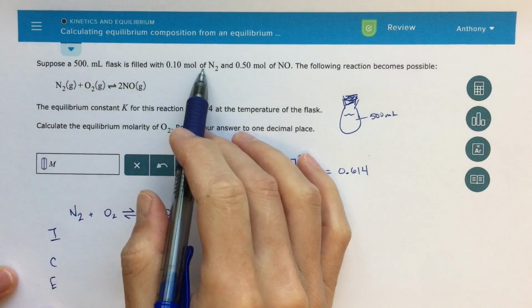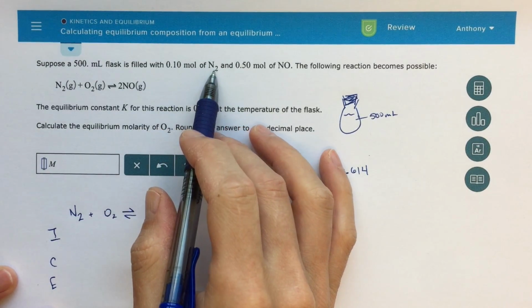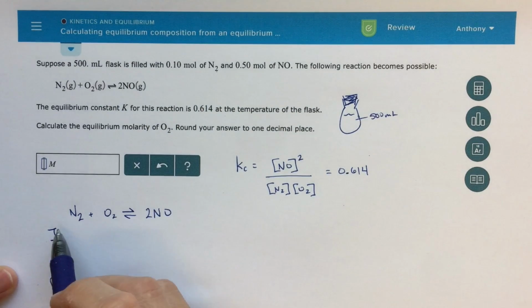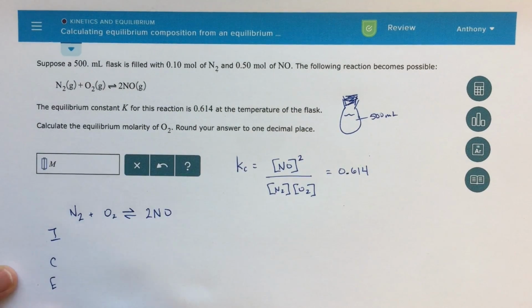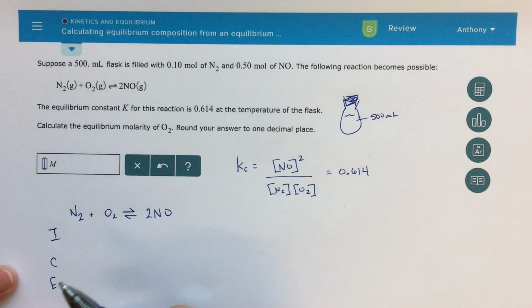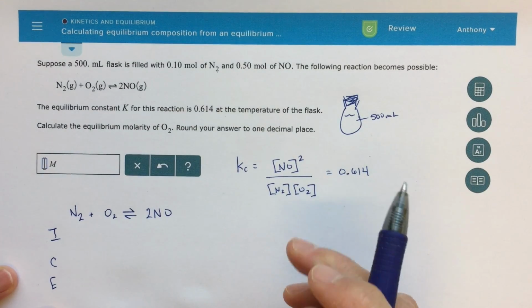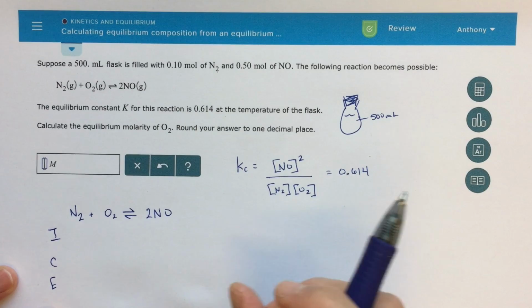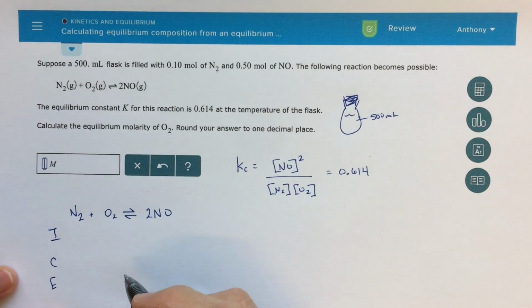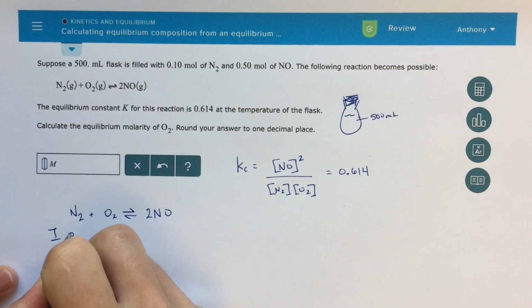And I can convert essentially this 0.1 moles of N2 into a molarity of N2. I always want to be using molarities in my ICE tables. Now you can use moles, but I just think it's a better practice because over here in my Kc expression, I always want to be using molarities. I'm just going to always use molarities for my ICE table. So my initial molarity here would be